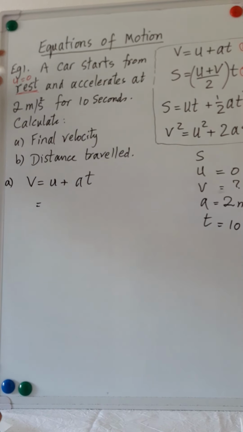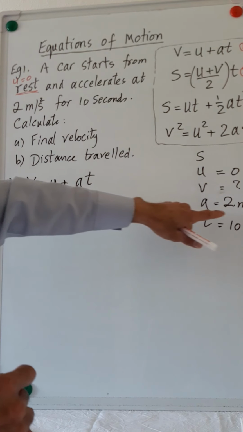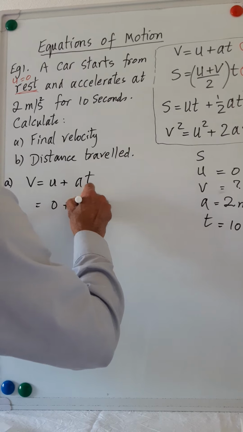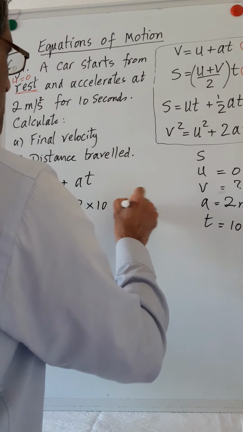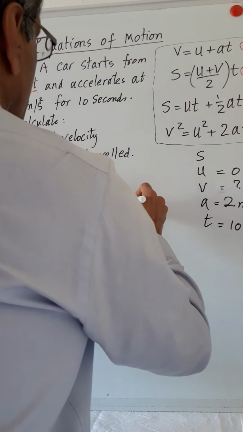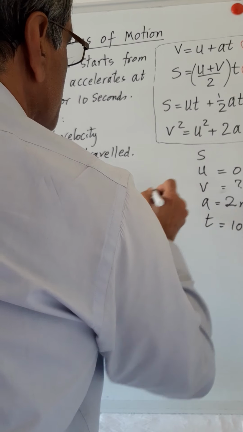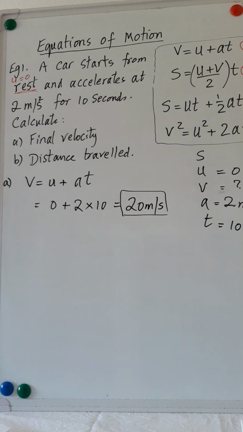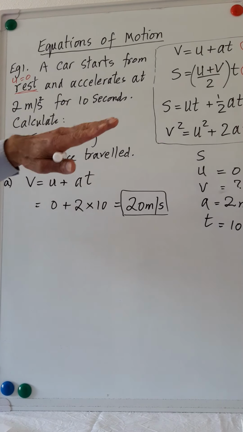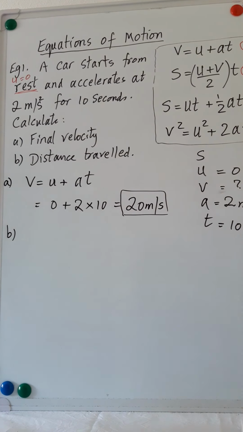Now, initial velocity is 0. So this is 0. Acceleration is 2 meters per second squared. So it's 2 times time, which is 10 seconds. 2 times 10 is 20 meters per second. So the answer is 20 meters per second. Its final velocity will be 20 meters per second if it keeps on accelerating at the same rate for 10 seconds. And part B,